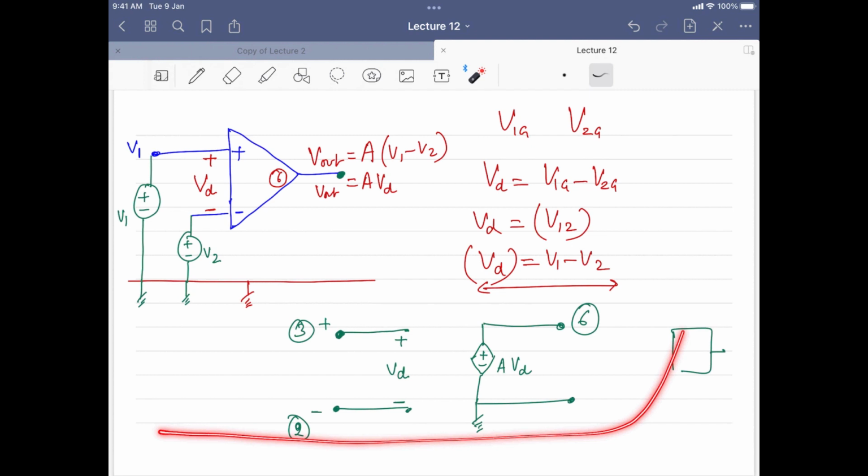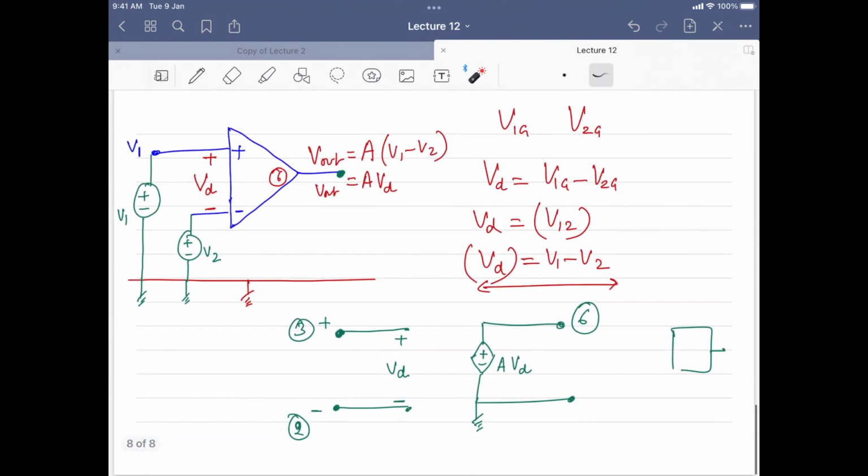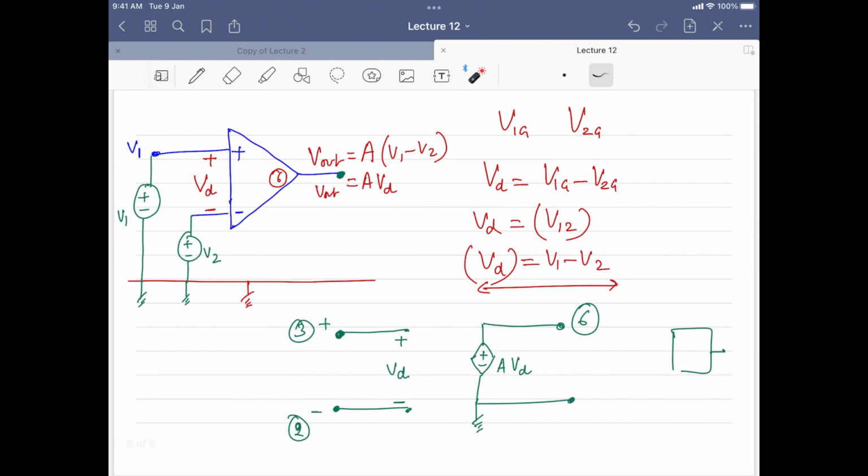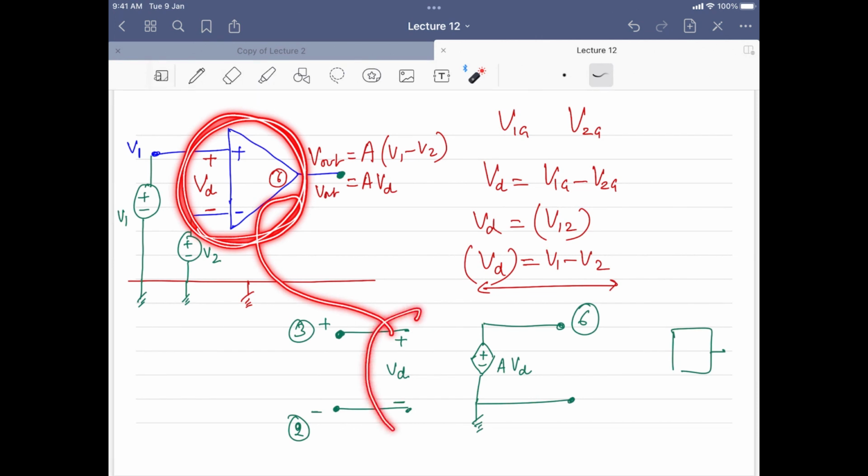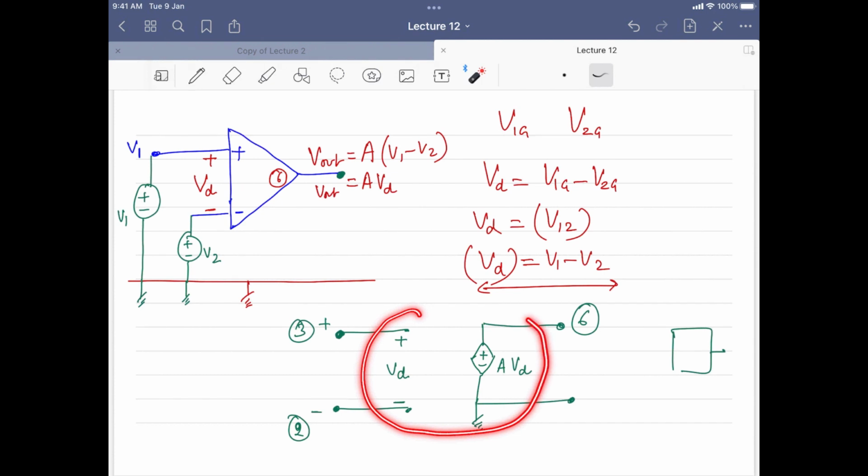But for now, is it okay? Whatever I have told you here, did all of you understand it or not? Yes, sir. Sir, the upper one you have drawn and the lower one are both the same thing, right? Yes, both are the same thing, but we are simplifying this to a very ground level. So we have neglected this resistance, which is of very large value. We neglected this resistance, which is of very small value. So we neglected all of them. So it's a very simplistic model, so that we can analyze the circuits easily.